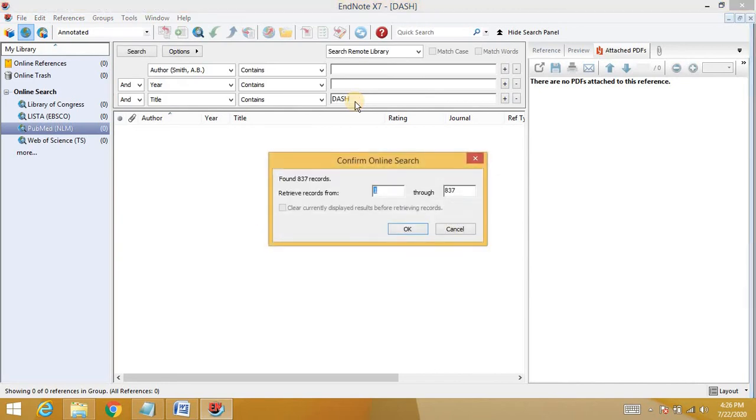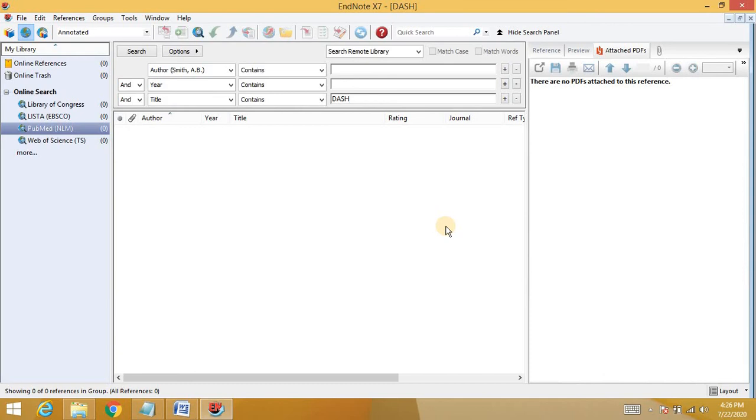It is searching. It shows me that the title contains dash in 837 articles. If I click OK, it will start to download. Here I can see the online source, but I don't want to download it.